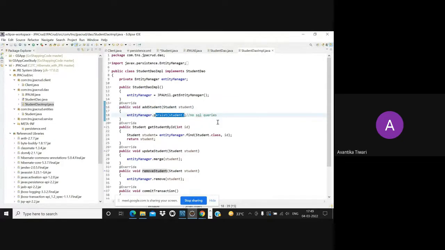See, I am not writing any SQL queries. That is the reason why, even if you migrate from MySQL to SQL Server, there are some changes in the way we write queries in MySQL and the way we write queries on SQL Server. There are differences.